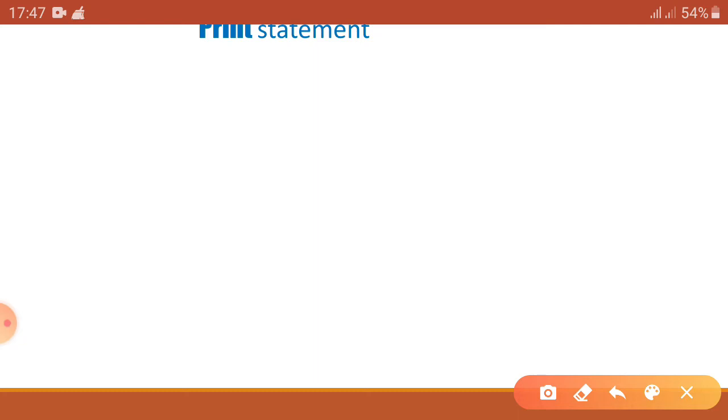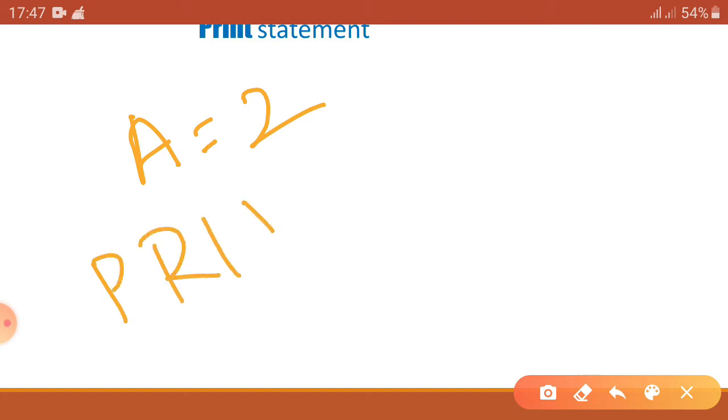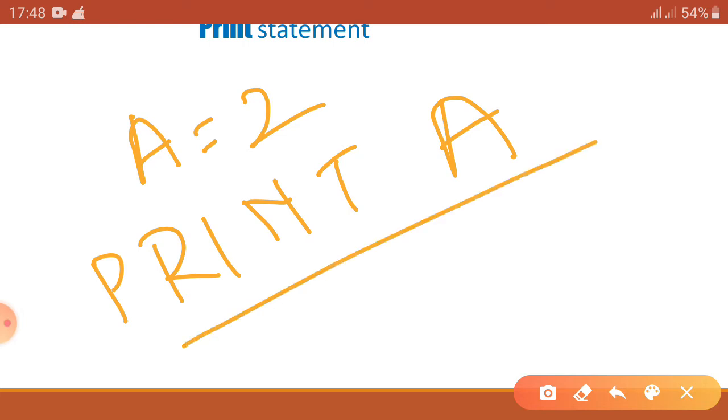So if I write A equal to 2, and then write print A, and then click on the run button, on the output screen it will show us 2.